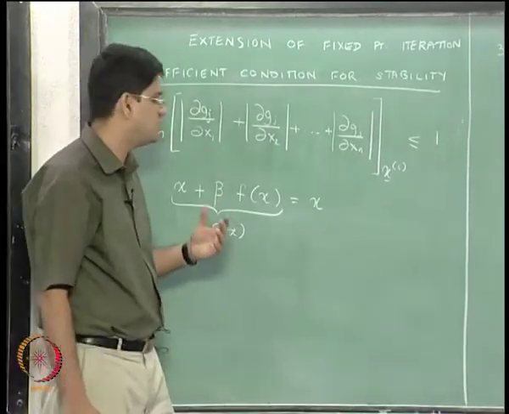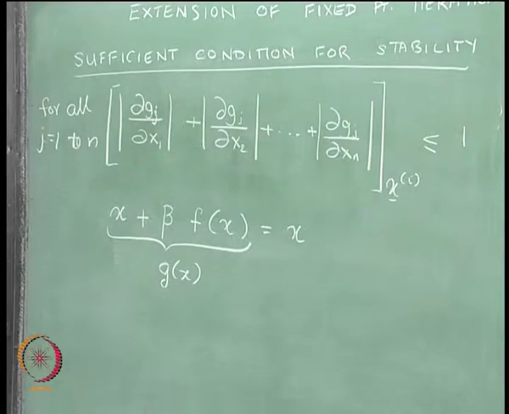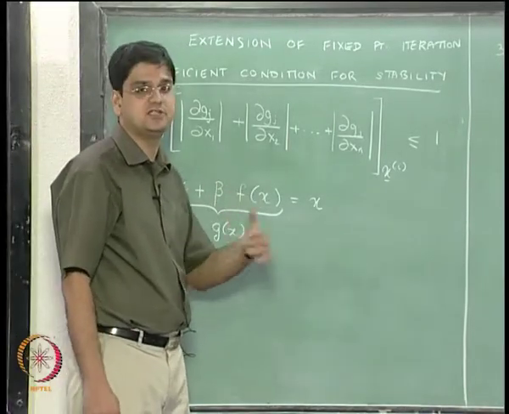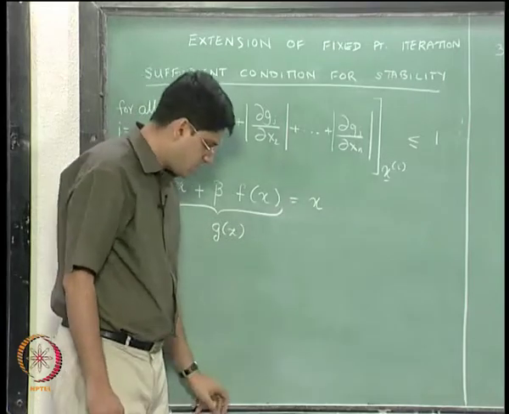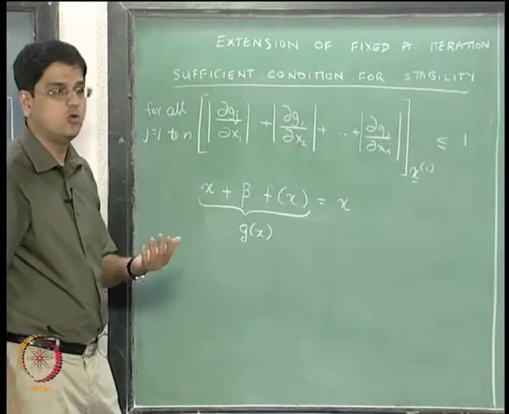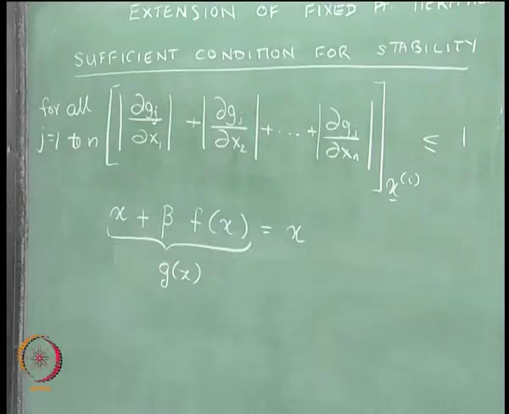Not that fixed point iterations are not applicable, it's just that the applicability range of the fixed point iteration methods, often in practical chemical engineering problems, at least in my experience, has been fairly limited. So that is about the fixed point iteration. We now go on to the workhorse, which is essentially the Newton-Raphson method, and we will look at the extension of Newton-Raphson's method to a multivariable case.